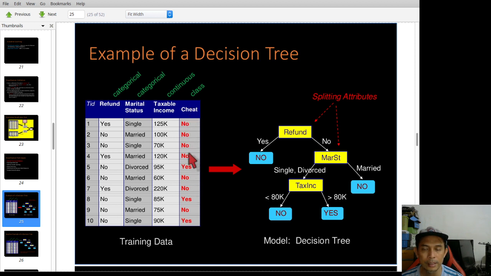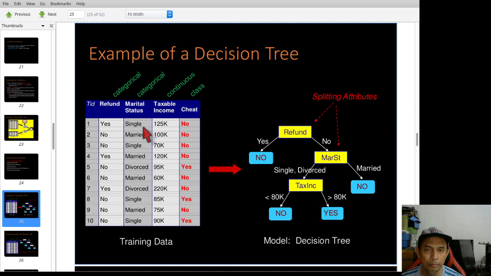We have a binary class here, yes and no, and then you have 3 attributes. 2 attributes are categorical, and 1 attribute is continuous. What do you mean by categorical? Categorical is normally a discrete value, for example here yes, no, yes, no. And the same thing on the second attribute, which is marital status.